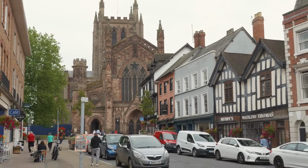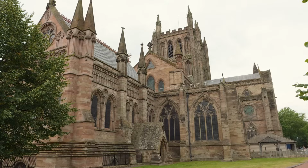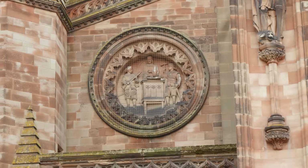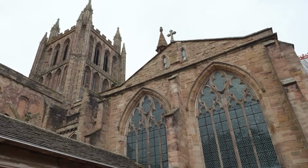I'm here in Hereford near the Welsh border, and I'm going to take in a few interesting buildings. We've got some great cathedrals and churches in the UK. We all know the names of the famous architects like Wren and Pugin and so on, but nobody knows the